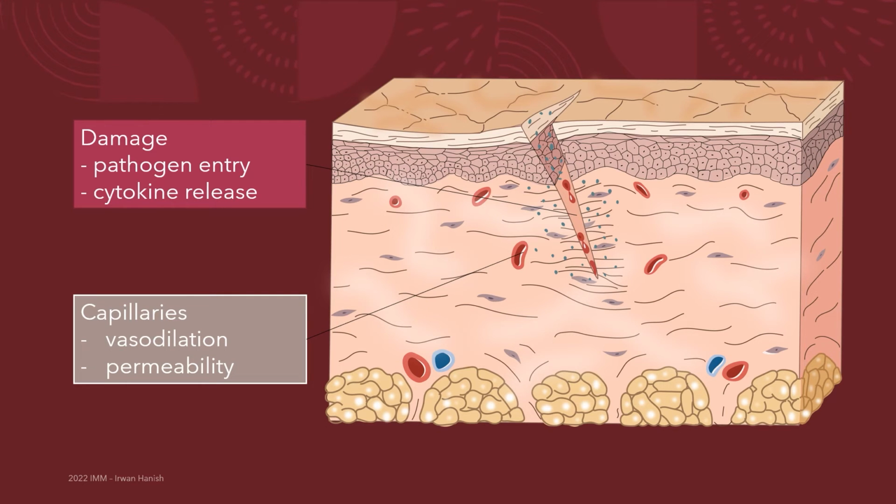So the inflammatory events go generally like this. You have a cut, like you cut your fingers accidentally while cutting your salad. What happens then is your skin epithelial layer is now breached. The pathogens get in. So they get past your first line of defense, your skin. So that event will trigger a bunch of cytokine release. Those cytokines vasodilate your blood capillaries, which means they make your blood capillaries larger. And secondly, the cytokines help make the blood capillaries more permeable, to make the wall easier for your phagocytes